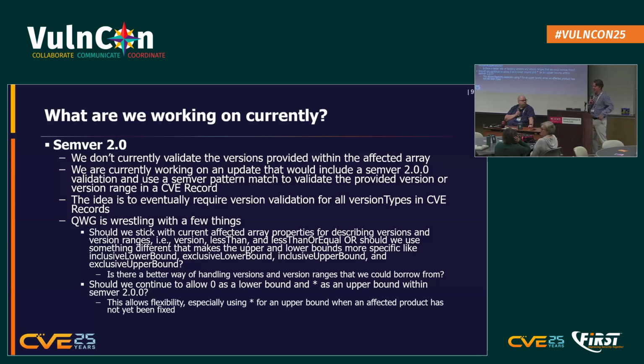Going back to Andrew's talk about cleaning up data and being able to better automate that, I think this is a step in that direction, because what we'd be doing is giving CNAs the ability to specify actual SemVer versions and making sure that it's correct. There's still work to do on vendor and product data that's provided to us, but I have heard about PURL validation of package names and some tools to help with that. There's a possibility we could integrate that either into the schema, or we also could do it programmatically through